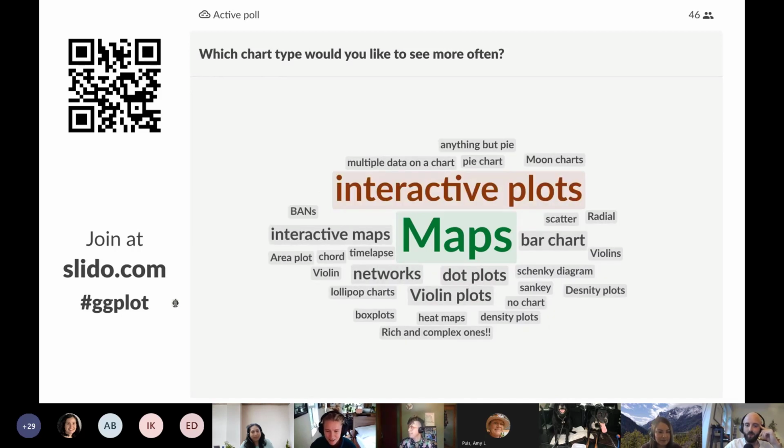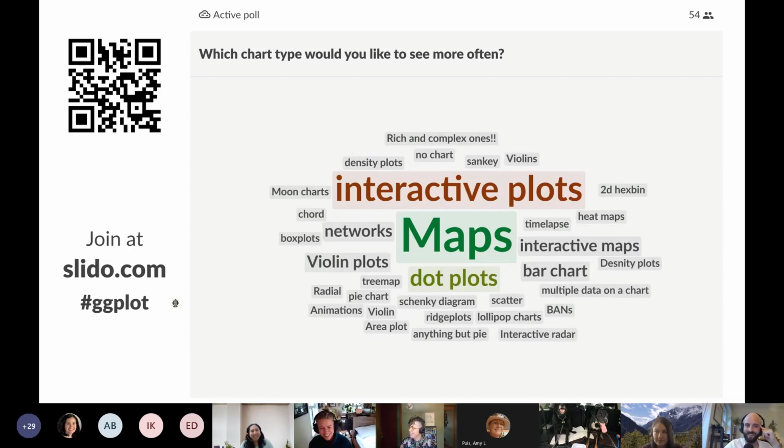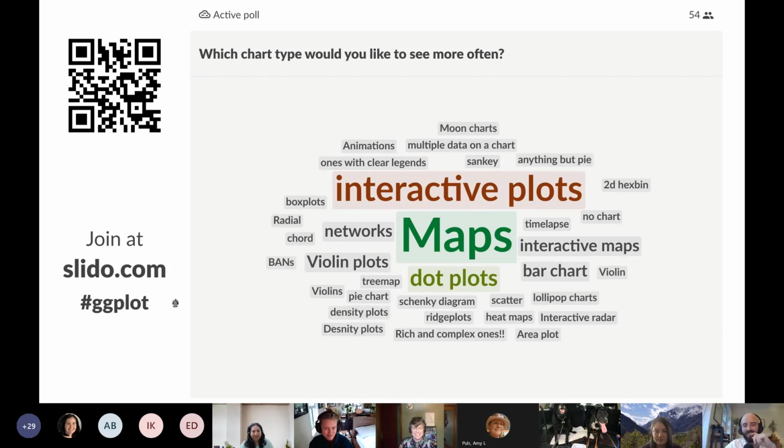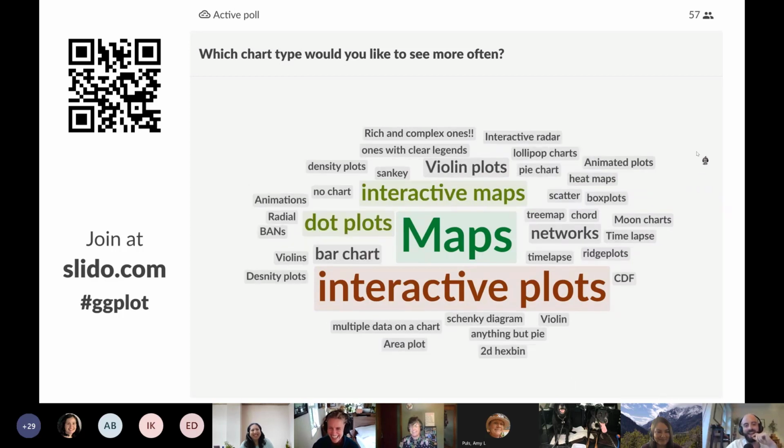Yeah. Even more maps, yeah. We have seen so many maps during the last 1.5 years. Seriously. I mean, it's about what you see more often. Okay. Anything but pie. I have no maps today, sorry. Yeah, especially no interactive maps.